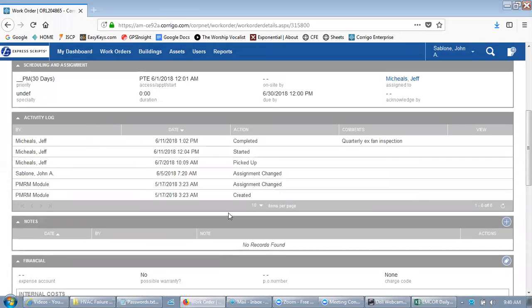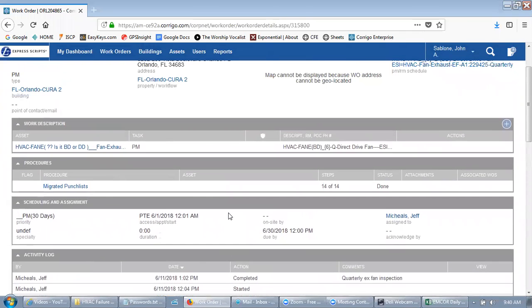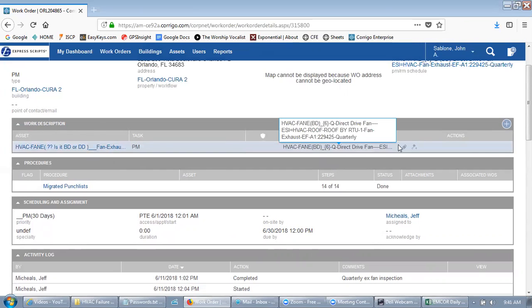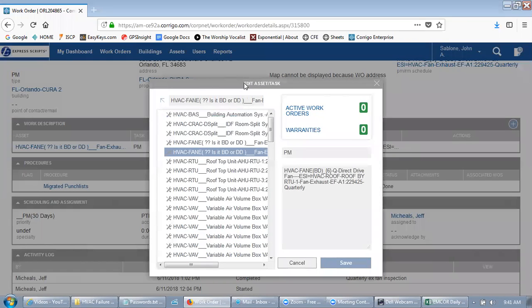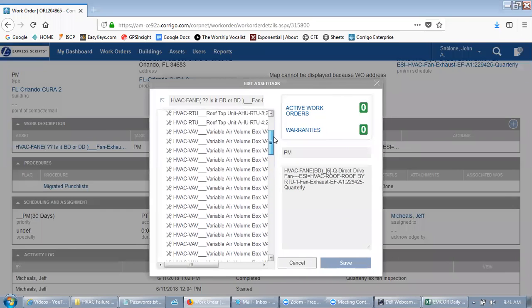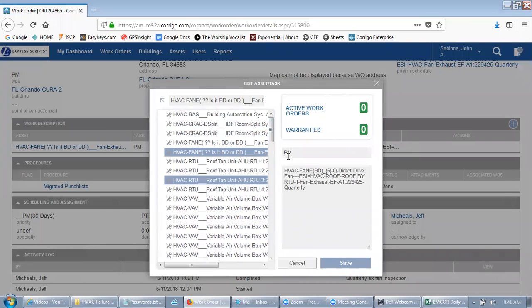The other way, which is more involved, would only generally involve your self-generated tickets. So these are tickets that you create and that are put in the wrong asset category for some reason. And the way you do that is you come up here to work description, and you come over here, and magically this little edit button appears when you roll over it. So you click the edit button and it pulls up this screen. There's a couple of things that you're looking for. We're going to show how to change the category over here,